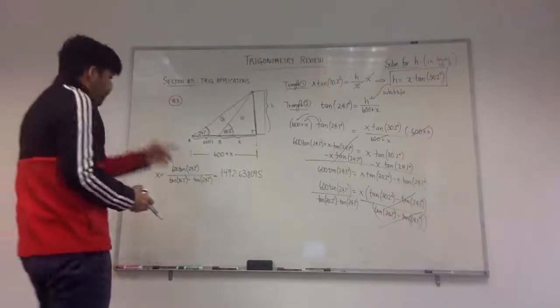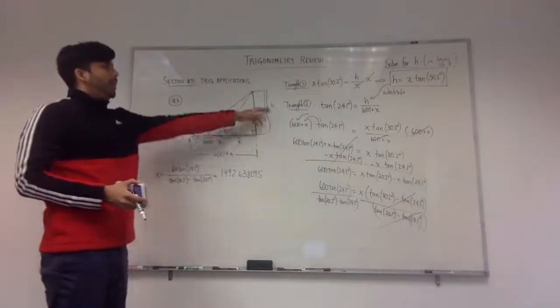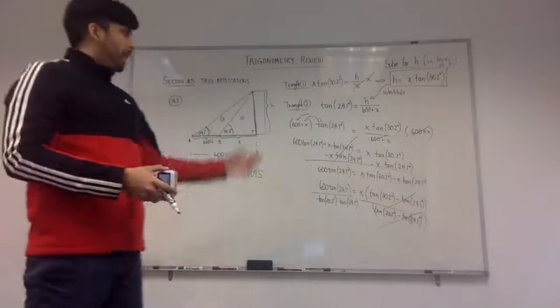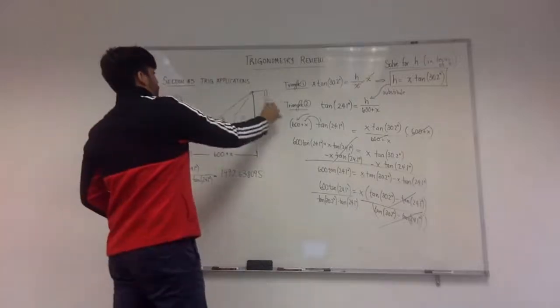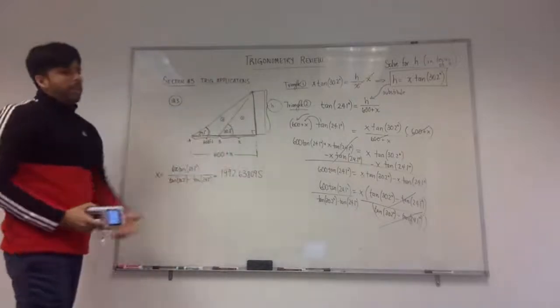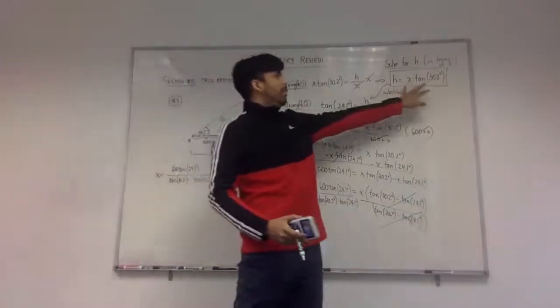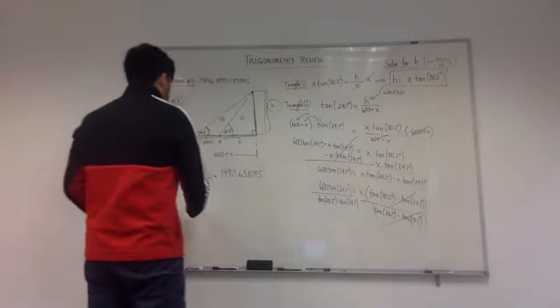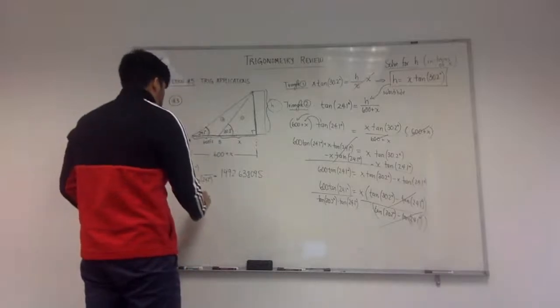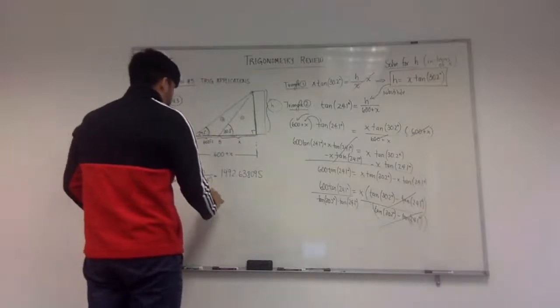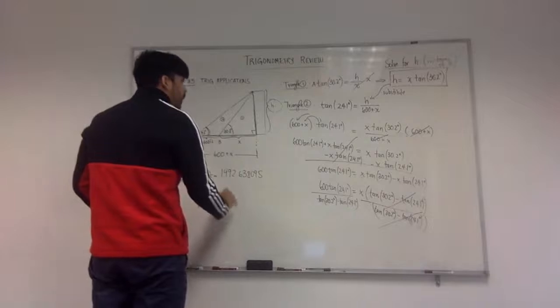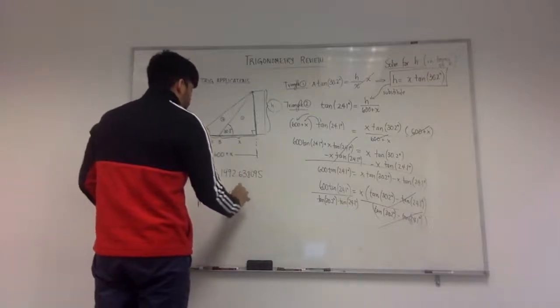But this is not what I'm looking for, correct? I'm looking for what h is. That's the goal. My goal here is h. So I only found x to find h. And the nice thing is that x and h have this correspondence. So the height is equal to x times tangent of 30.2 degrees, which is the same thing as saying